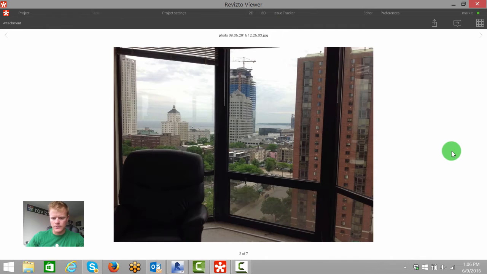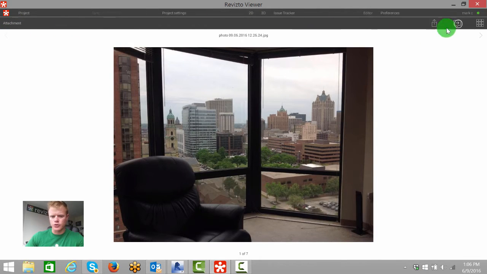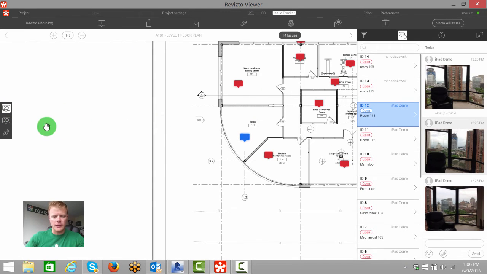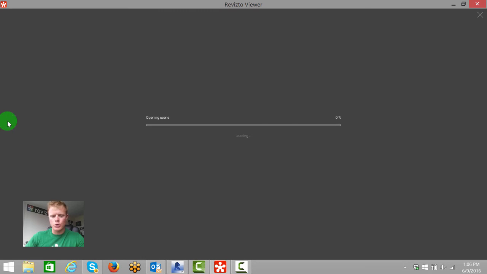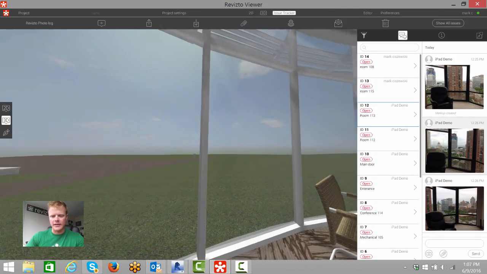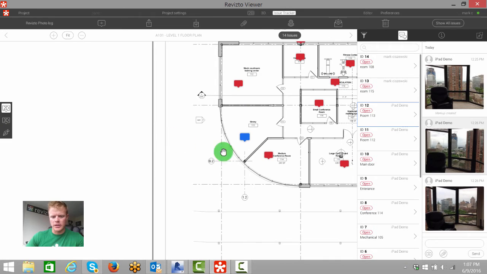So I can bounce back to our additional photographs, or go back to our 2D model by selecting 2D. Because I brought the 3D in here, we can also select 3D. Most of the time this isn't the case for project managers or superintendents or interns that are taking this. We're not going to have the model tied into this, but it is an option if you're printing these sheets out for speed purposes out of Revit. So I'm just going to bounce back to the 2D